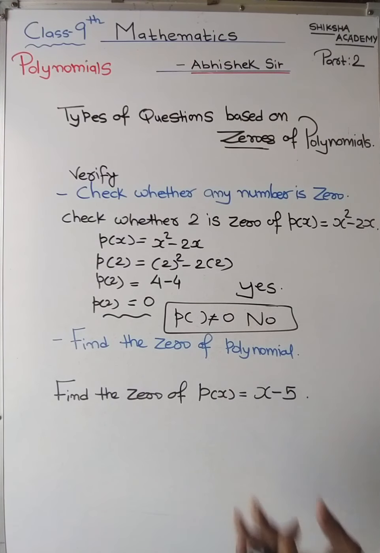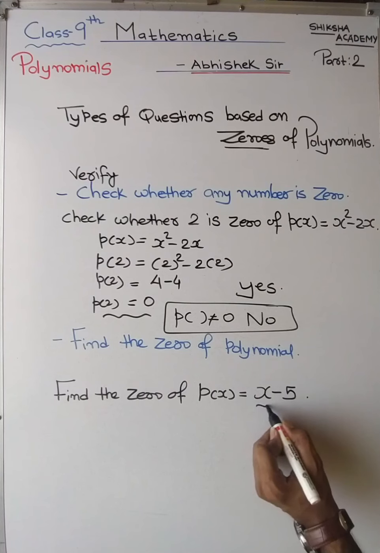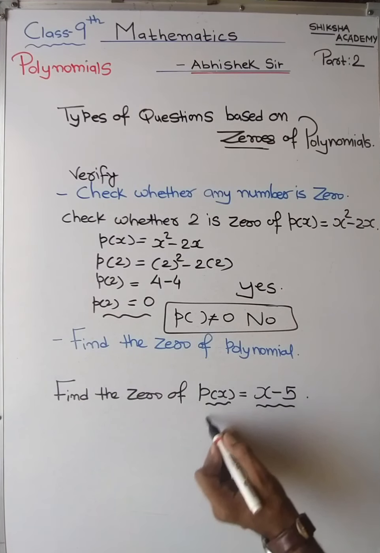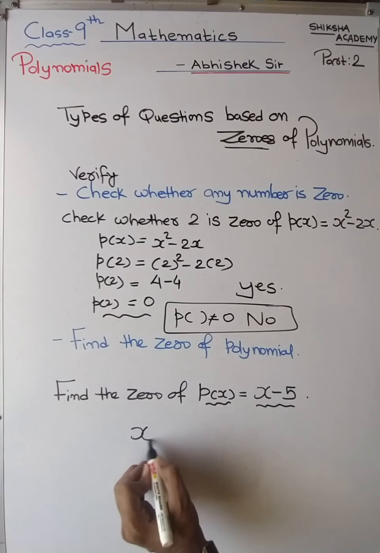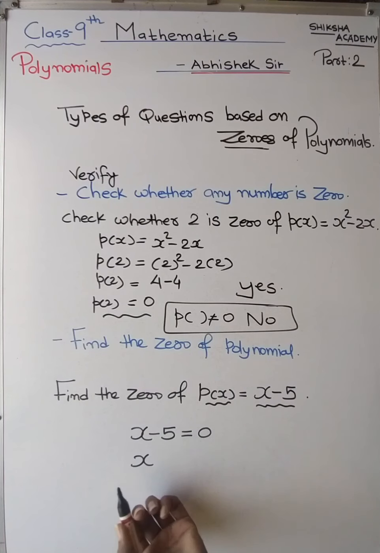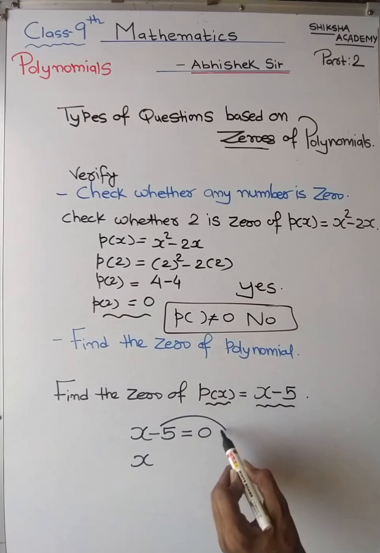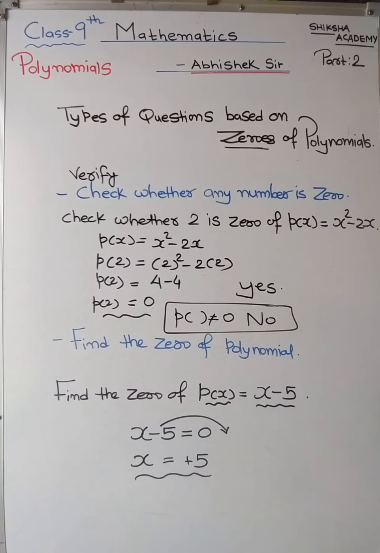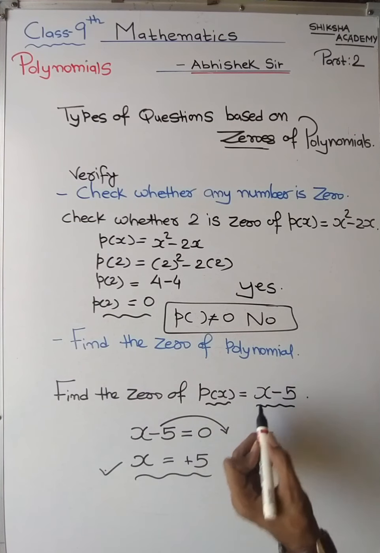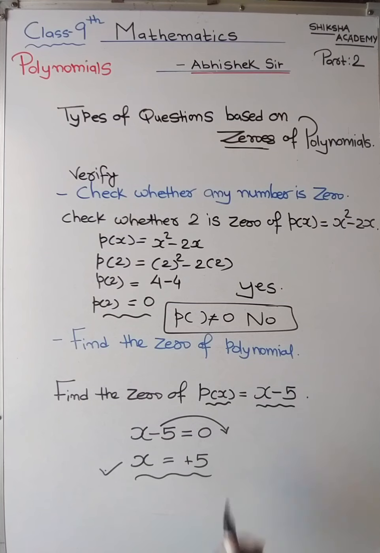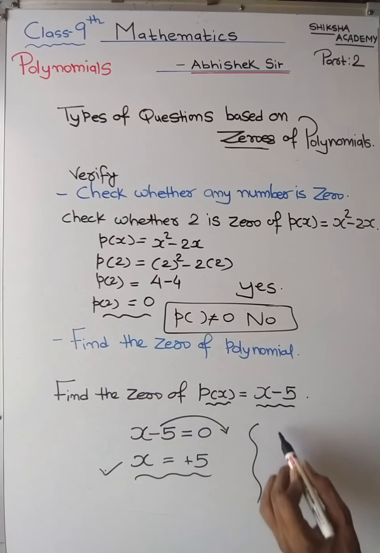So how to do this? We just have to compare the variable with 0, as here it will be exactly 0. So it will be like x minus 5 equals 0. Then you have to find out the variable. So minus 5 over here will become plus 5. Clear? So that is how you found a value which when put gives overall result 0. That is why we put p of x as 0 already. Clear?